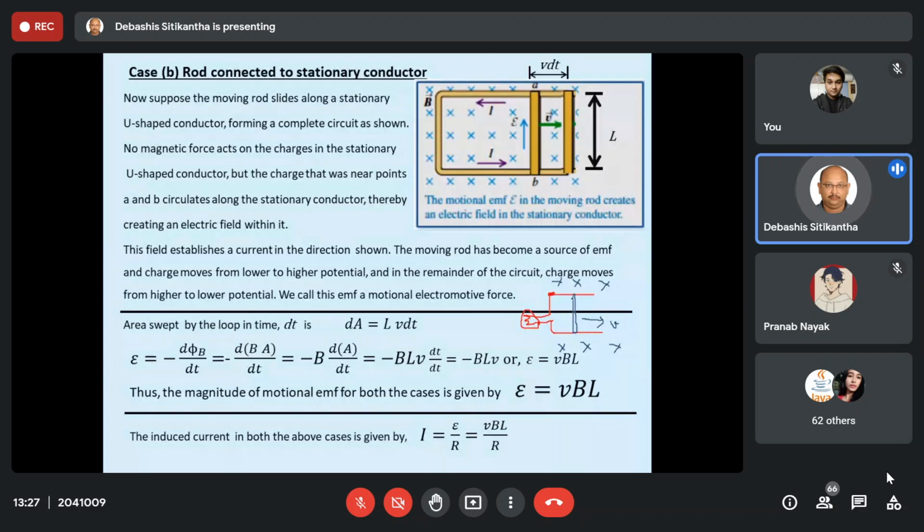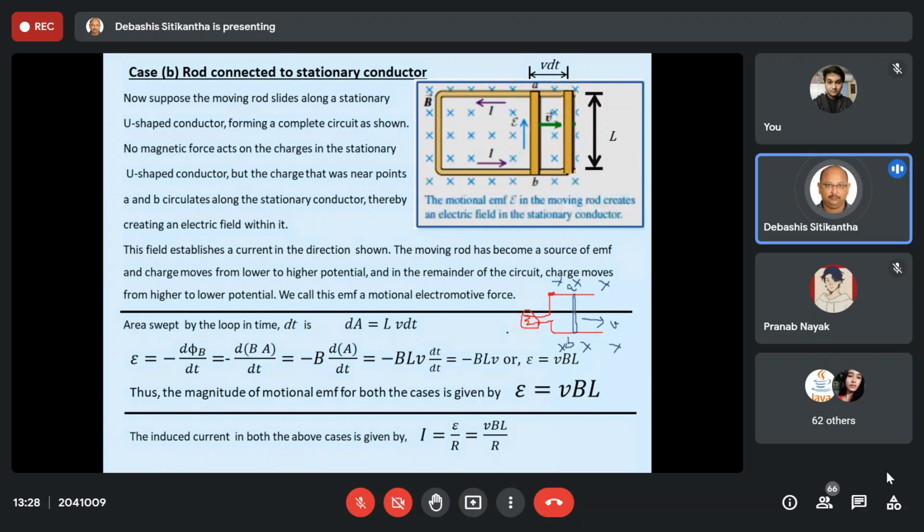Now, obviously, the same thing is going to happen. When I move this one, this will be your potential, this will be point A and this is your point B. So the potential difference between them is VAB, and this VAB is connected across this load. So when I start moving it, this bulb is going to glow. Once this conductor reaches the end point, I will move it in the other direction, from right to left. In that way also, if I move it at a velocity of v, the bulb is going to glow.